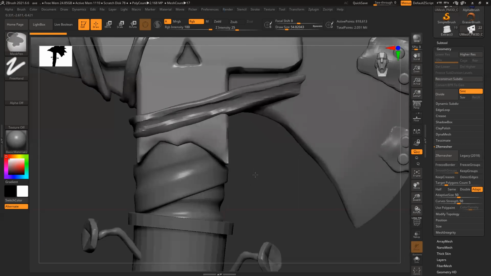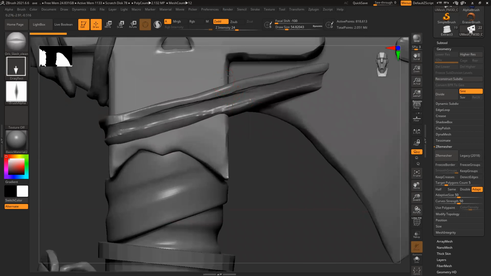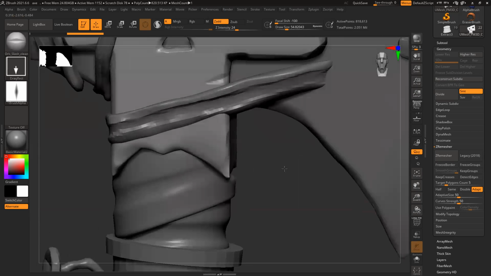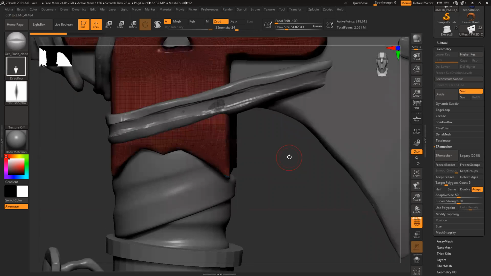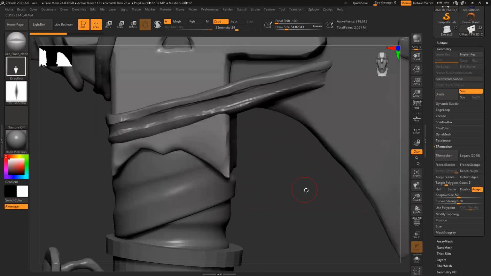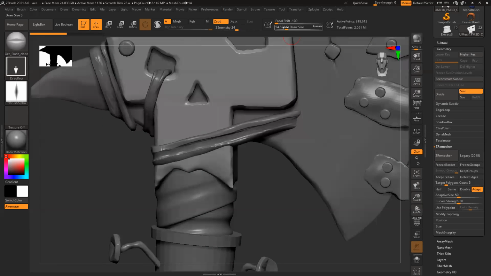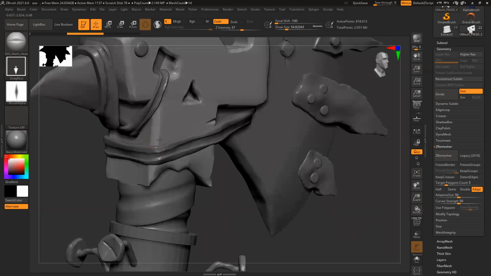This is my model. And if I want to add a cut, see, it makes my life way easier. Yes, if I want, I can increase the intensity. Shift F, or intensity I can increase and make it a prominent cut. Makes my life very easy to create this kind of thing.